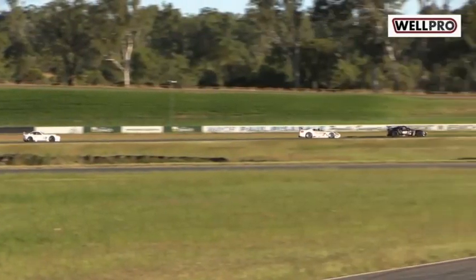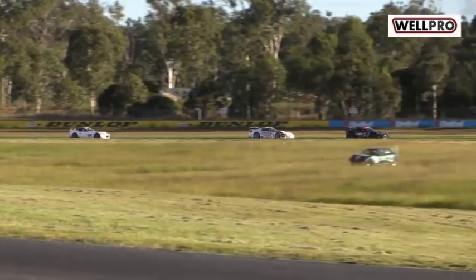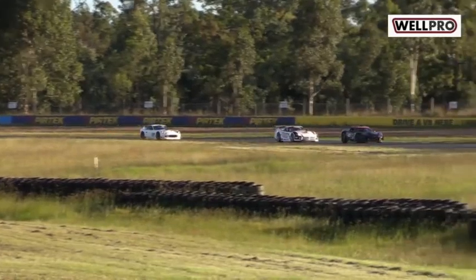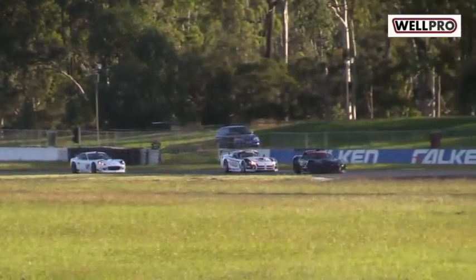Can we have gearbox supercars to the marshalling area, in case you couldn't figure that out? Over Barb's radio is a little bit crackly today. But yes, gearbox supercars, can we have you at the marshalling area for the last race of the day,